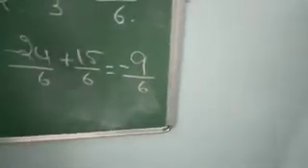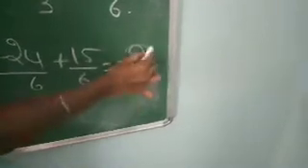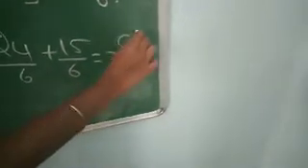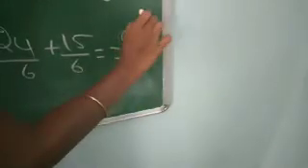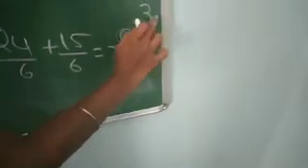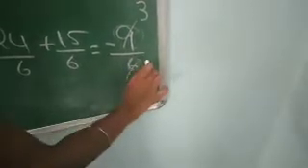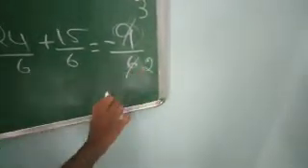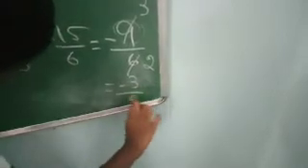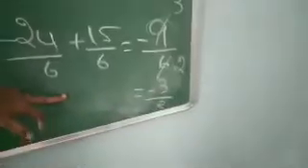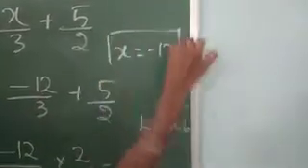See here, 9 also comes under the 3 table and 6 also comes under the 3 table. So you simply cancel it. If you cancel you will get how much? 3, because 3 3s are 9. Here if you cancel 6 by 3 times you will get 2, because 3 2s are 6. So minus 3 by 2. So I am getting the answer as minus 3 by 2 whenever I put x value as minus 12.